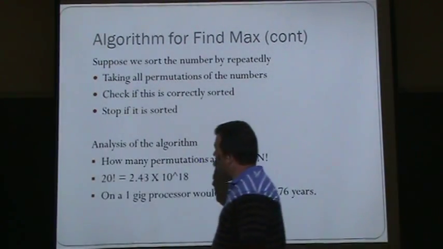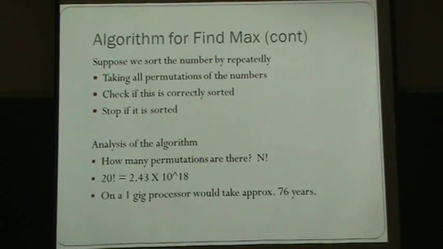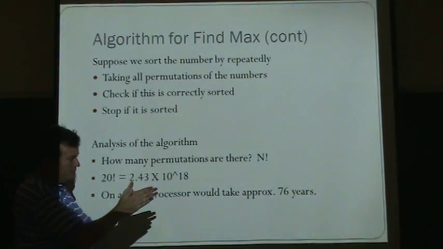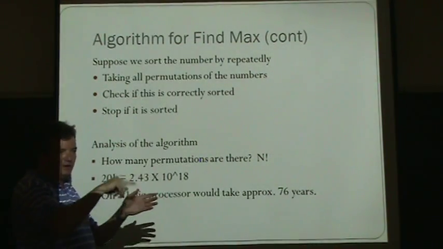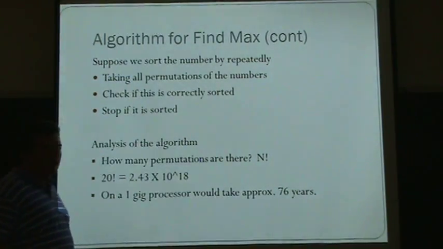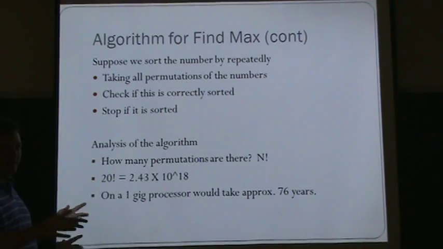So suppose I decided, here's how I'm going to sort the numbers. I'm going to take all the numbers and calculate every permutation of them, just line them up in every possible order. Then, once I line them up, I'm going to read them all to check that each one gets bigger after the one next to it, to check that they're sorted. If that doesn't work, I try another permutation, check it again, and I do this until I'm finally done.